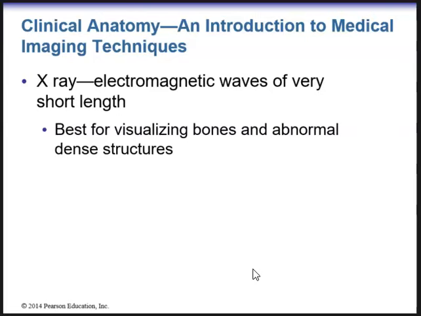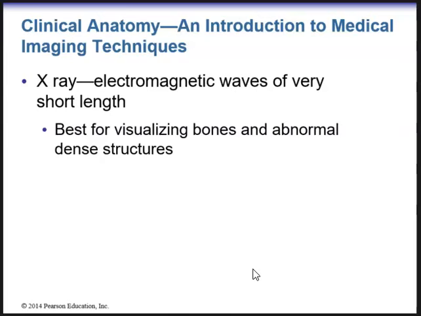So when we are discussing clinical anatomy, it is important to discuss different medical imaging techniques. And these are important because these are ways we visualize anatomy. The first most common imaging technique we'll talk about is an X-ray. An X-ray is basically electromagnetic waves of very short length, and they are used best for visualizing bones as well